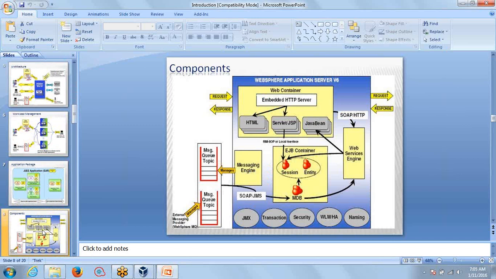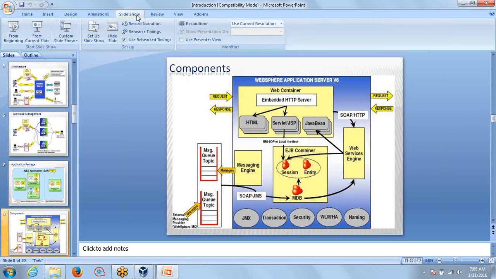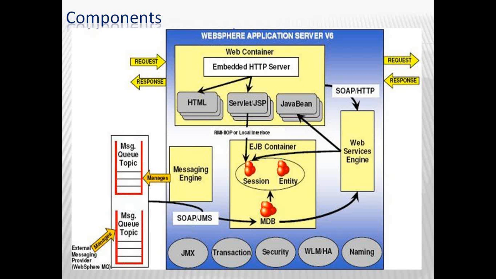So if you see here, this is what I told you, right? Whenever a request comes, it directly hits the embedded HTTP server. Let us say you are accessing some bank application. The first page you get is the login page, right? That will be served by the embedded HTTP server from the web container. Okay, you logged in. You are doing a transaction. You entered some details and you selected transfer money. Then you don't see anything happening, but internally it works and it shows you the next page.